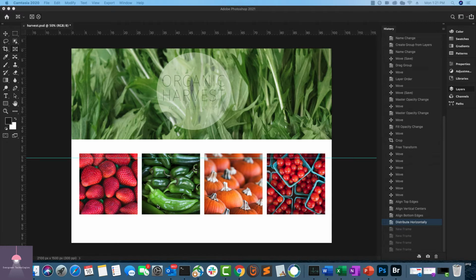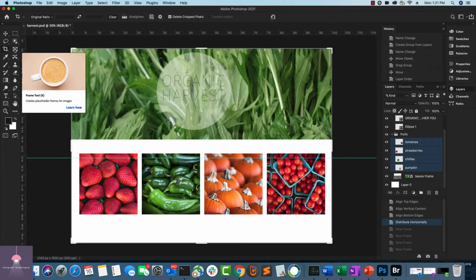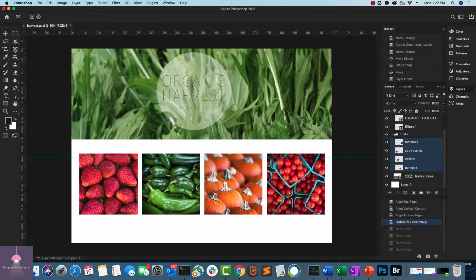In order to do that, I'm going to select the frame tool on the top left corner, okay, and inside the frame tool you can either select a rectangular boundary or a circular boundary. So I'm going to select the circular, which is the ellipse boundary here, okay.